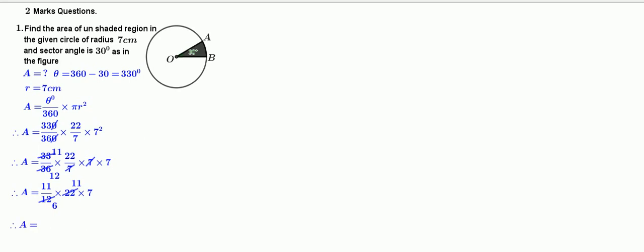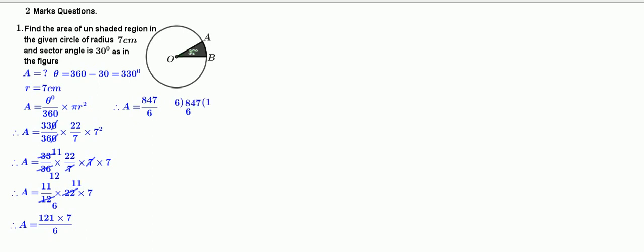Therefore A is equal to 121 into 7 by 6. Here 11 into 11 is equal to 121. Therefore A is equal to 847 divided by 6. Let us divide